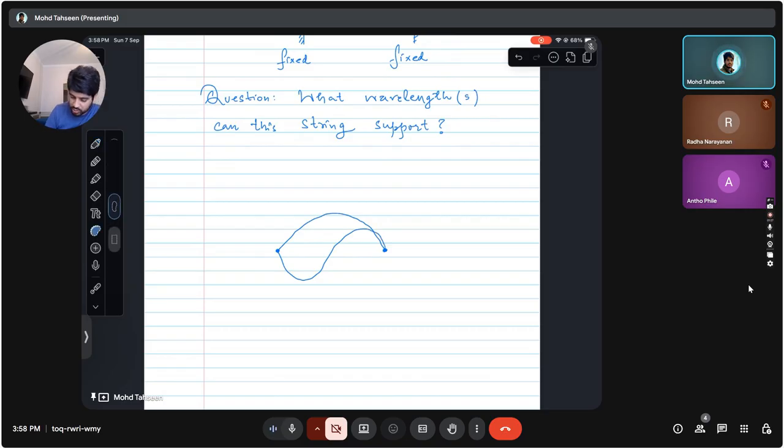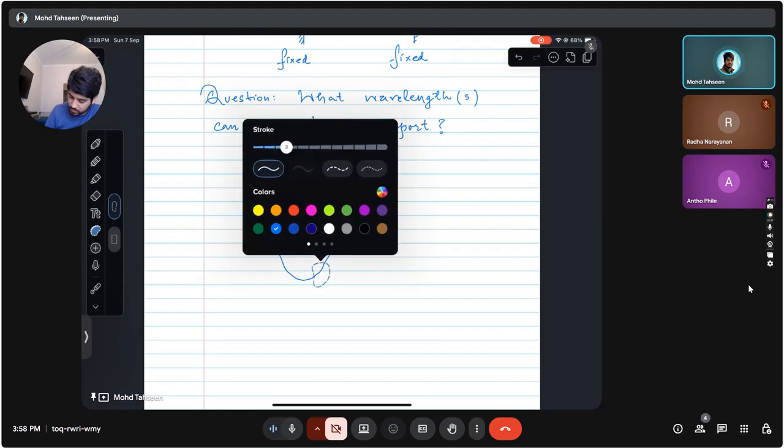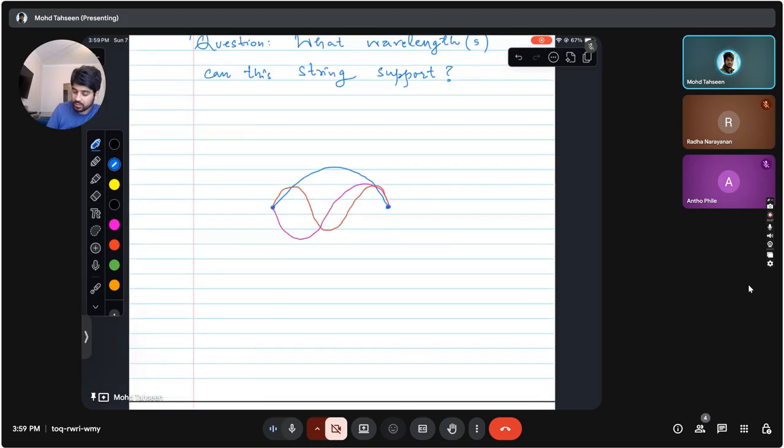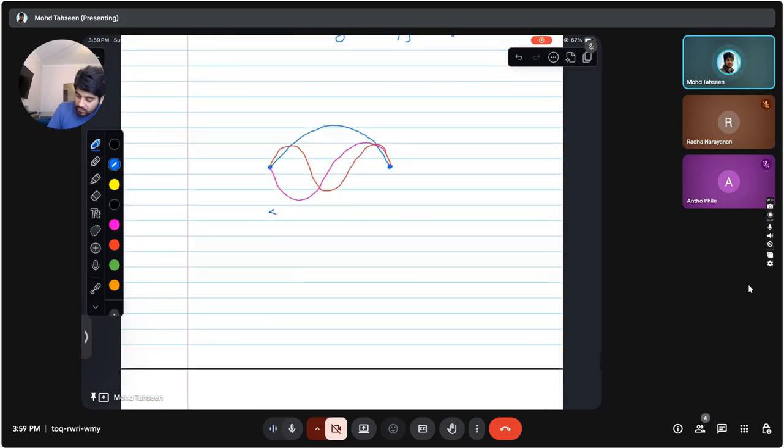We can have this shape, we can have this shape, and then we can have higher harmonics. We can have this shape, and similarly, we can have higher and higher harmonics. So if the distance between these two points is L,